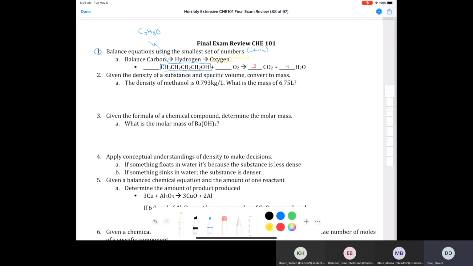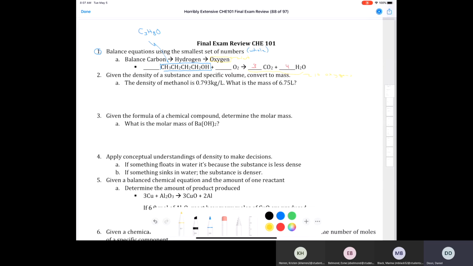Now I will tally up all of the oxygens in my products over here. So I have a total of 4 from the water, and I have a total of 3 times 2 from the carbon dioxide. So that makes a total of 10 oxygens on this side. And so,